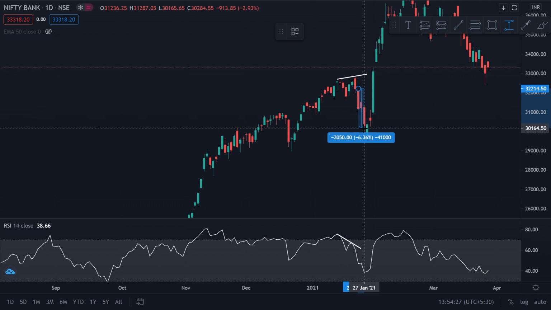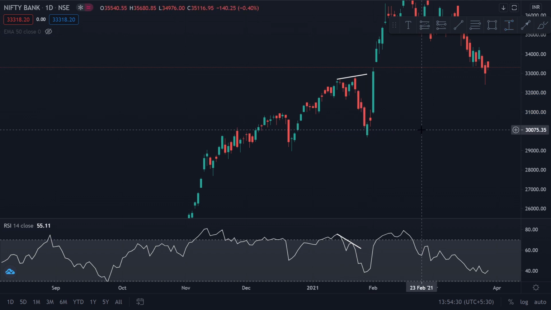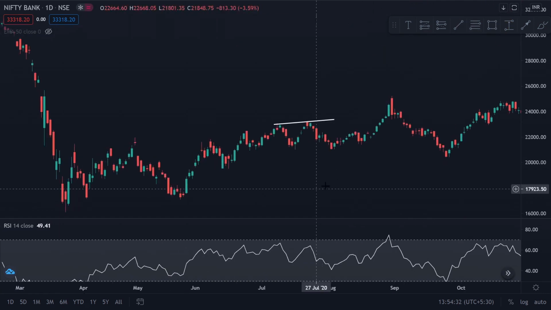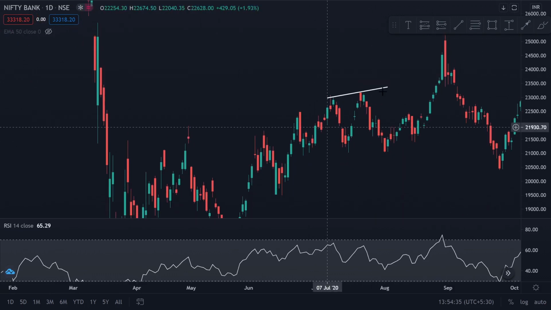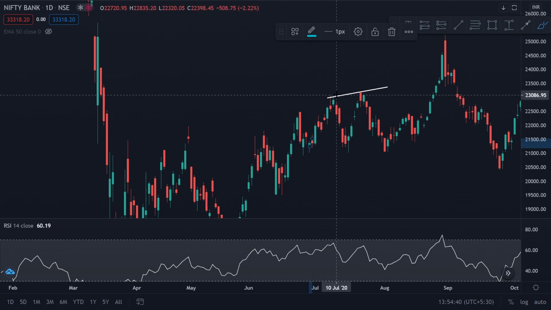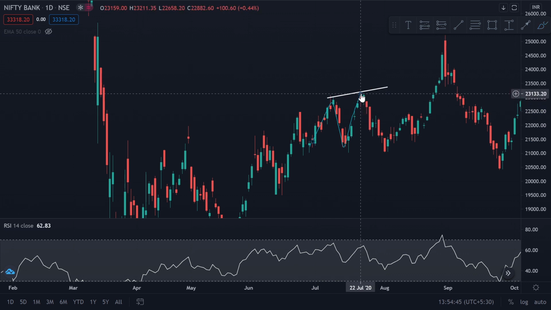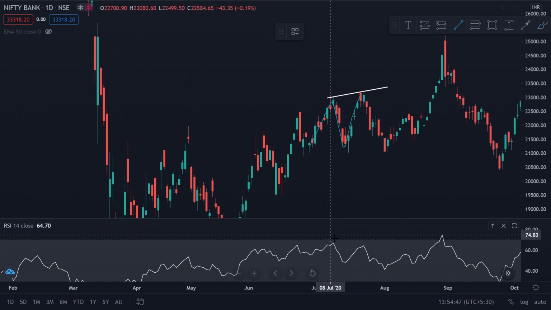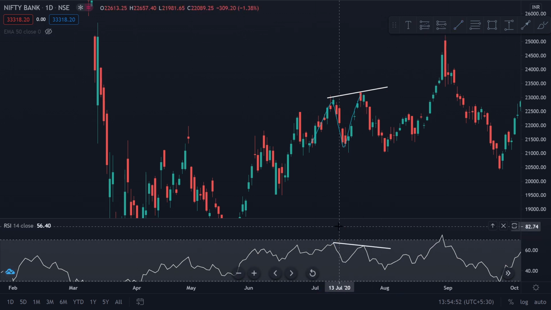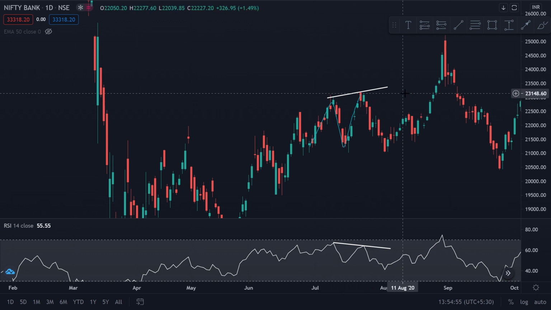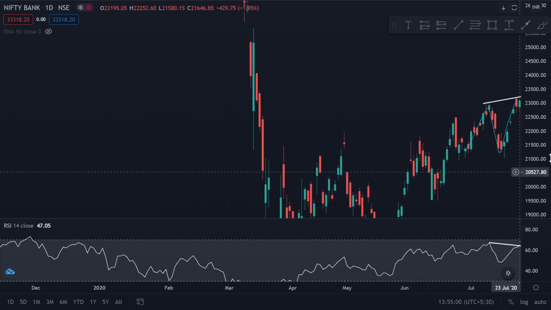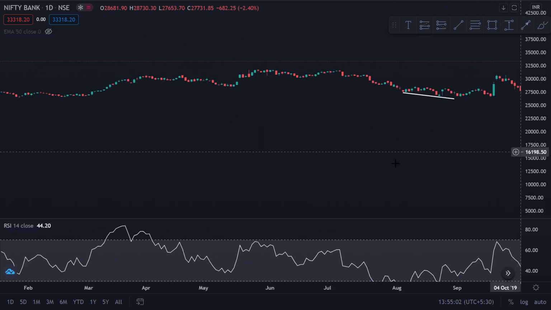Here the market closed, and then we went down about 6 to 7%. And here as well, this was clearly a higher high and a higher low, higher high again. So when we were at this point in the market, if you observe the RSI again, divergence, right? This is the RSI here and this is the RSI here. What is happening? RSI is coming down whereas the market is going up. This means the market structure is weakening, and then you can see what happens. If I go even further, before the March crash as well,